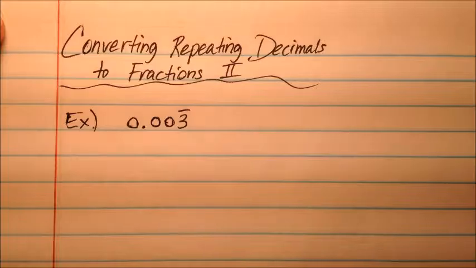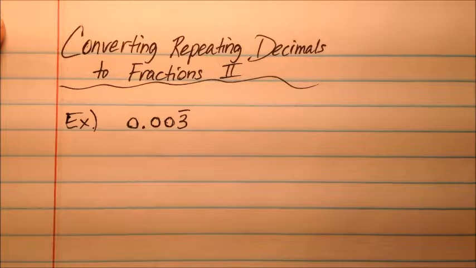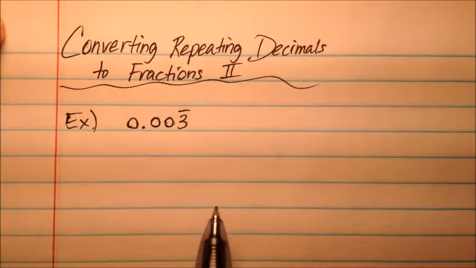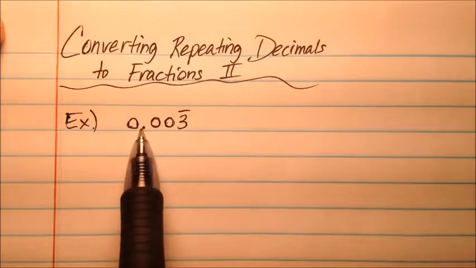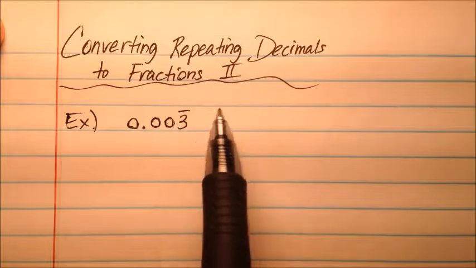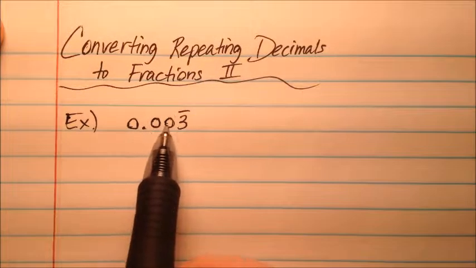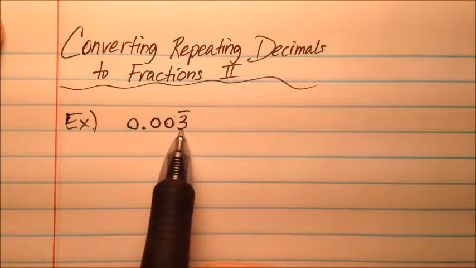In this video, we're going to take a second look at converting repeating decimals to fractions, and this time we're going to combine the terminating decimals with the repeating decimals. So what that means is instead of having just something like 0.3 with the 3 repeating, we're going to have some other digits between the decimal point and the repeating digit. So in this case we have 0.003 and only the 3 is repeating,